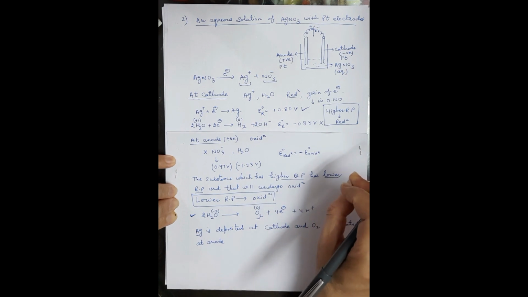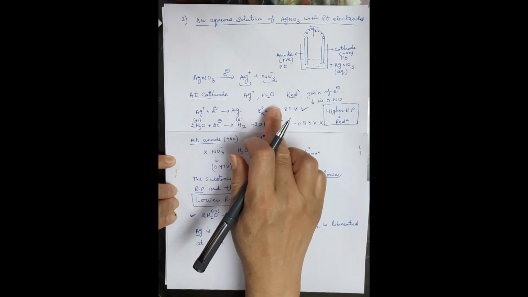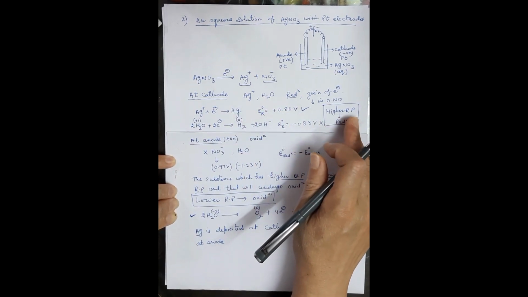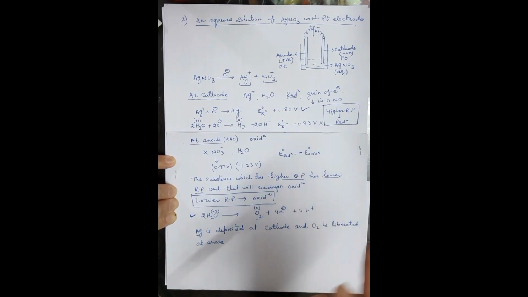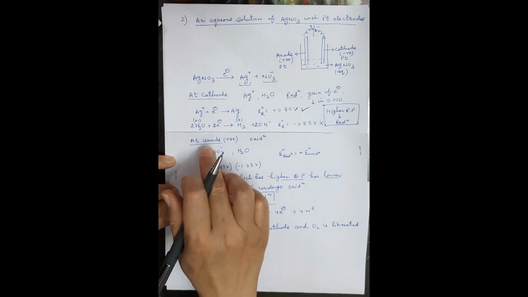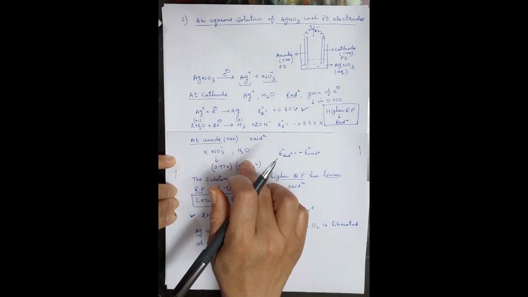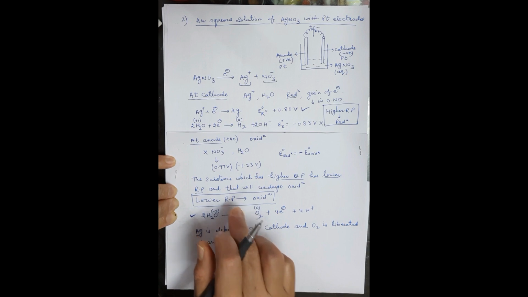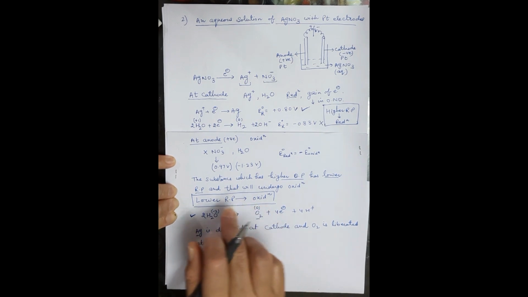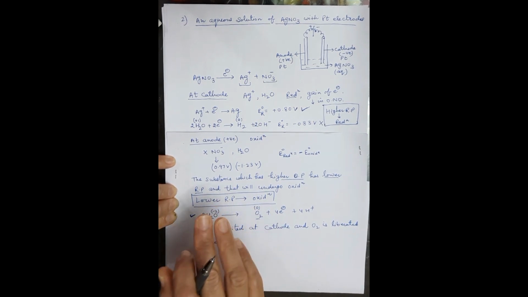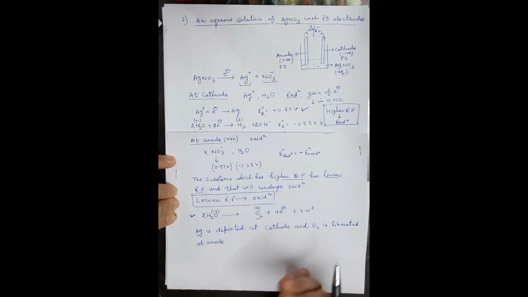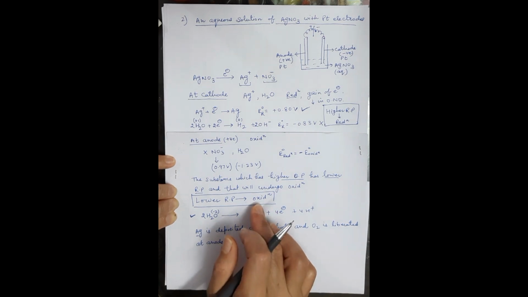Just remember few things, that if 2 or more substances are present at cathode, who will undergo reduction? One which has higher reduction potential. And if 2 or more substances are present at anode, who will undergo oxidation? Which has more oxidation potential or which has lower reduction potential will undergo oxidation. जिसका lower reduction potential होगा उसकी tendency reduction में जाने की नहीं होगी, उसकी क्या tendency होगी? To undergo oxidation. So it will undergo oxidation.